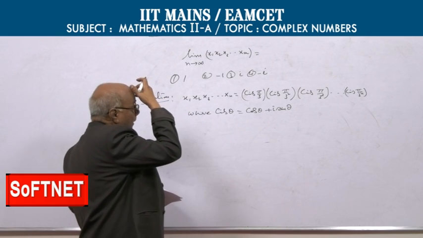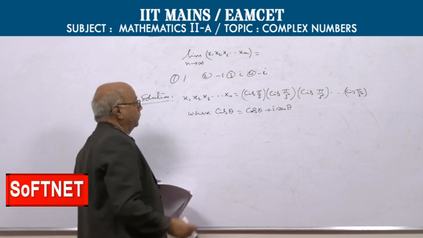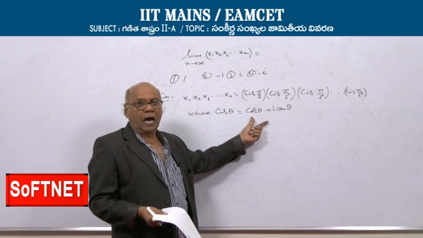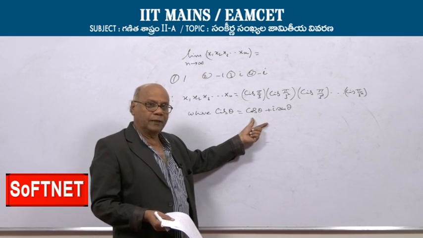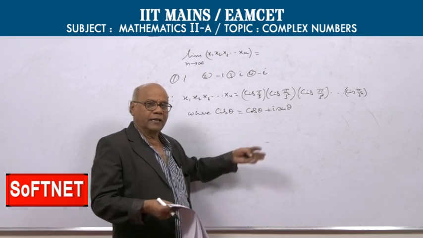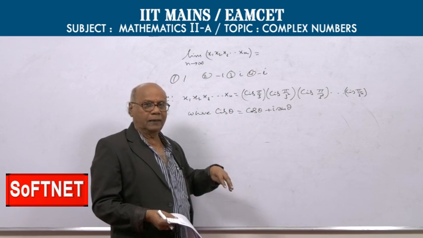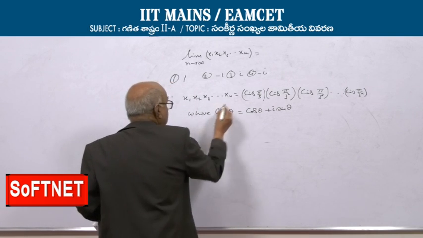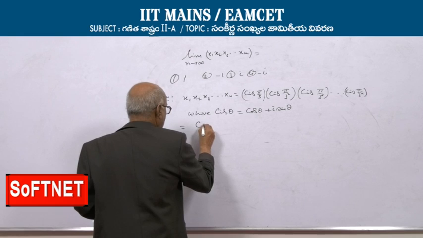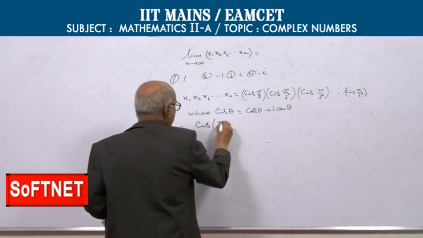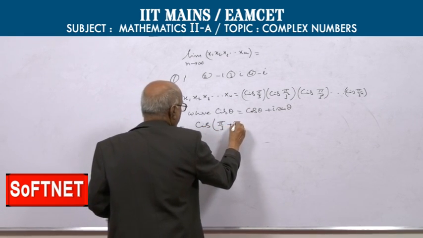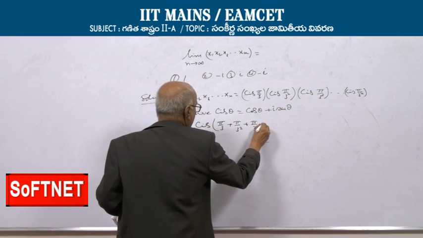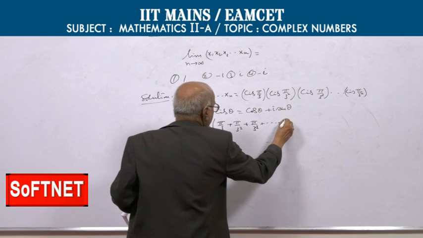And you know it's a fundamental property that when you multiply cos alpha plus i sin alpha into cos beta plus i sin beta, the angles will be added: cos alpha plus beta plus i sin alpha plus beta. Therefore, this is equal to cis of pi by 3 plus pi by 3 square plus pi by 3 cubed,